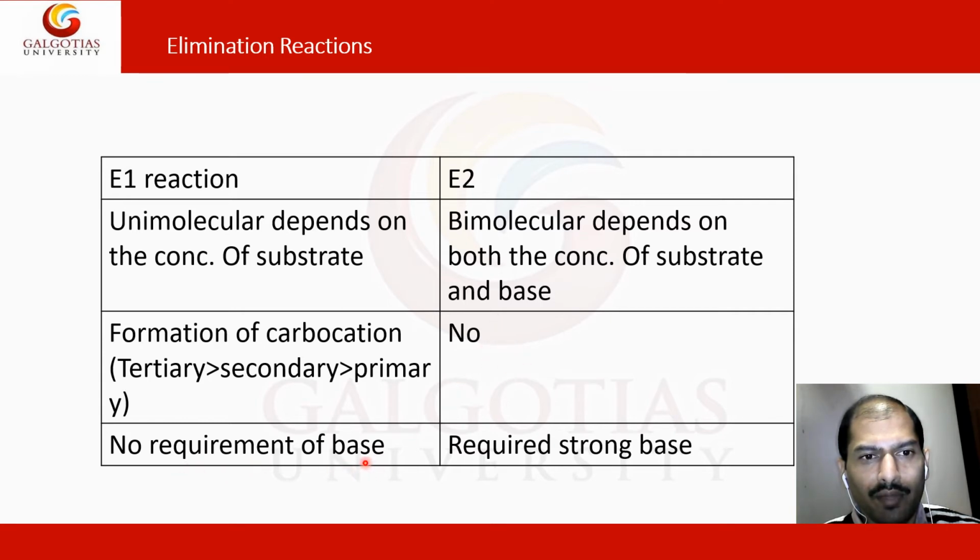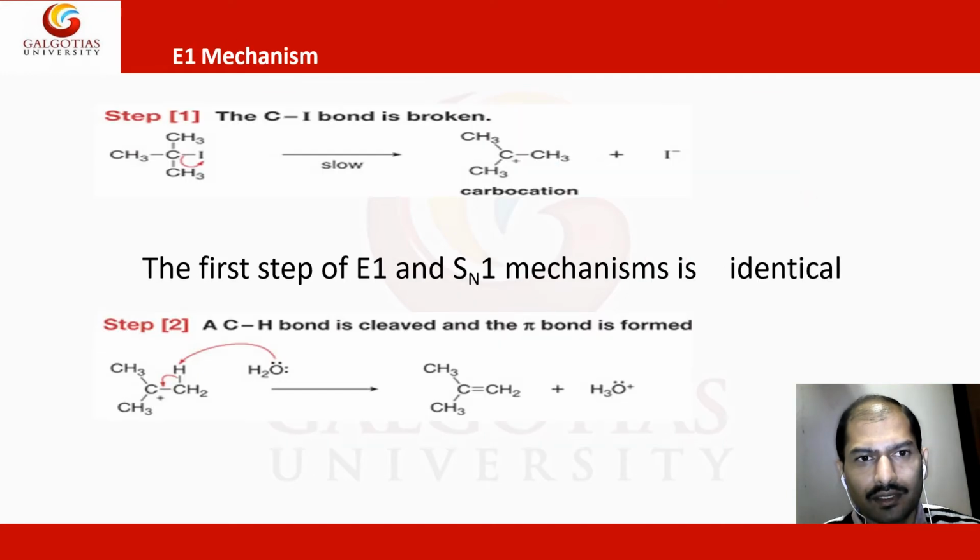And there is no requirement of a base in case of E1, but here a strong base is required. So these are the conditions to keep in mind once you see the E1 and E2 reactions. Here, in the E1 mechanism, if you see, like in case of this tertiary butyl iodide,